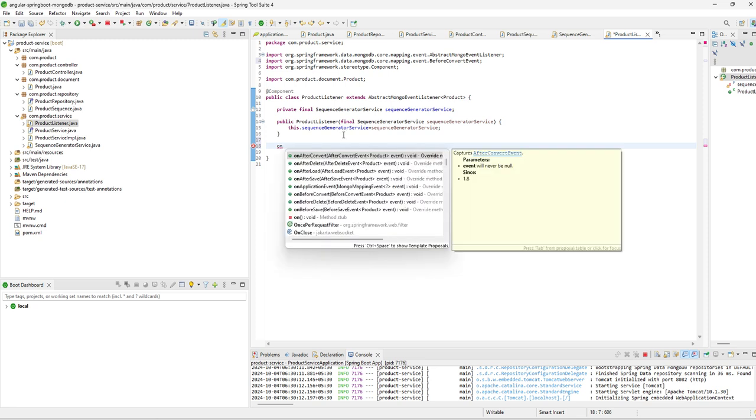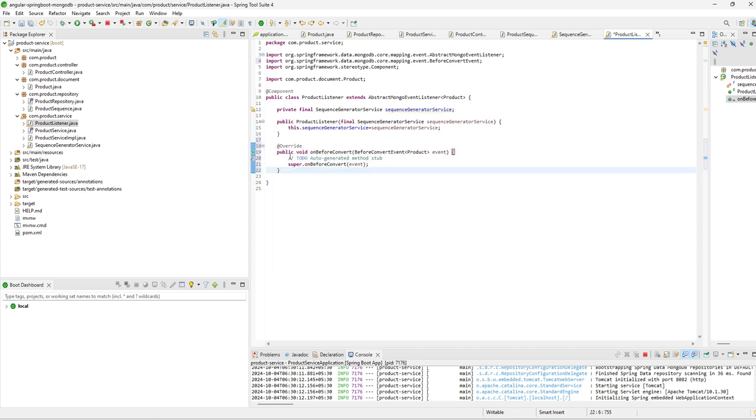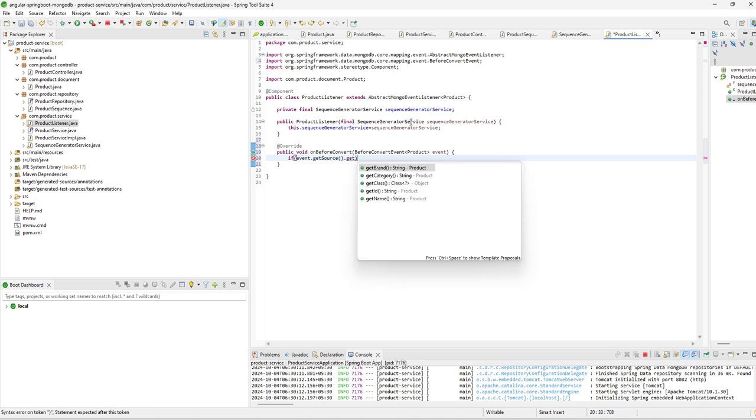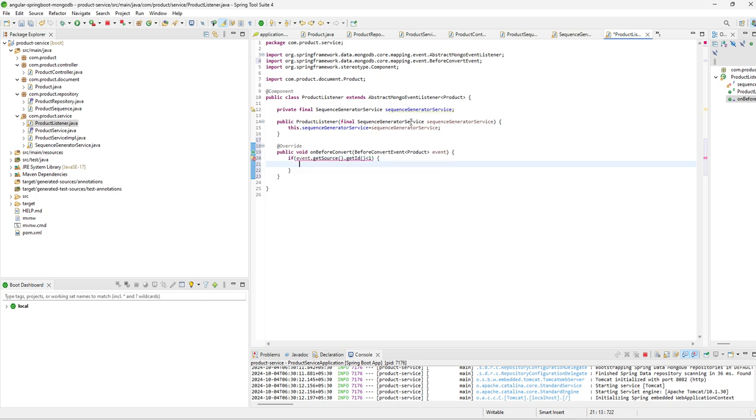So the method name should be onBeforeConvert. Yes. Now here we can pass, if our event.getSource().getId() is less than 1, in that case we can say event.getSource().setId we can call,